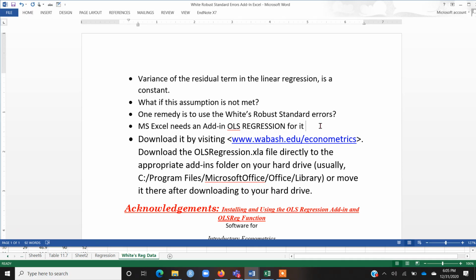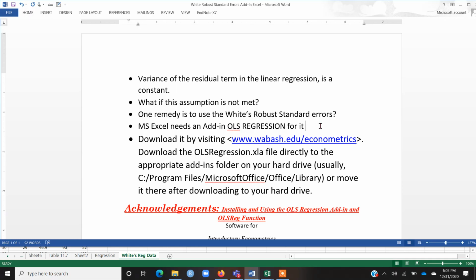Many statistical software such as Stata or MATLAB or even Python have the computation capacity or coding capacity to report White's robust standard error. But people who use only Microsoft Excel are very keen to know how to calculate White's robust standard error through Microsoft Excel.